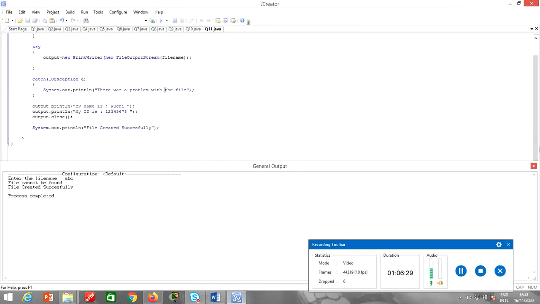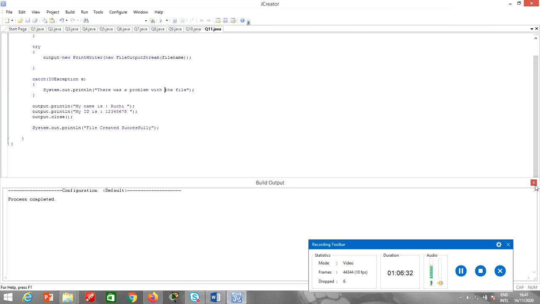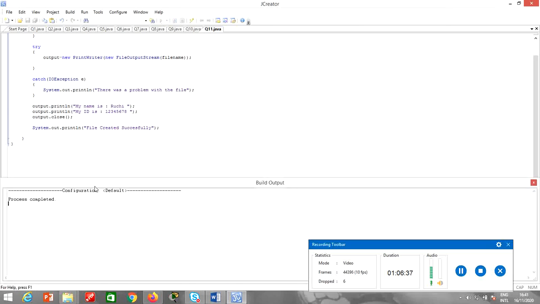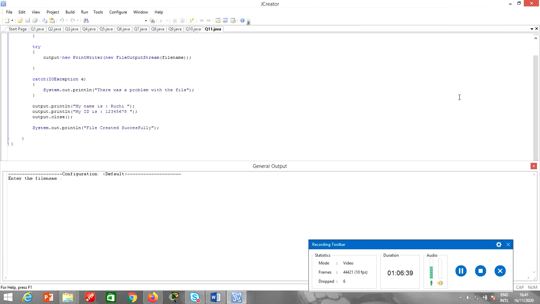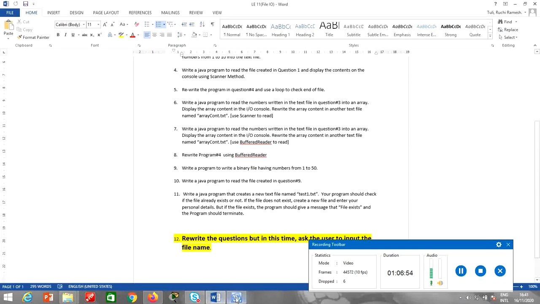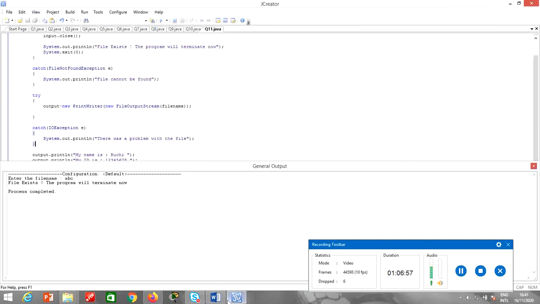Now the next time when I try to open the same file, now it should give me the message that the file already exists and the program will terminate now, because now the file has already been created. So file exists and the program will terminate now. So this is how you can write this program. Take the name of the file and check whether, even you can use create file method or file exist not exist methods, you can use it. But this is the more simpler way